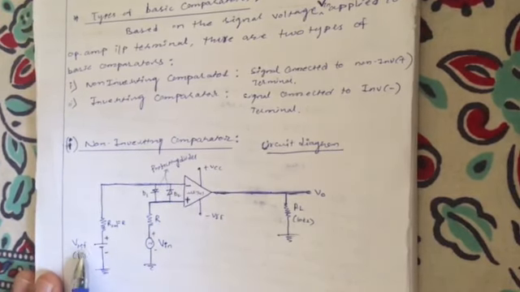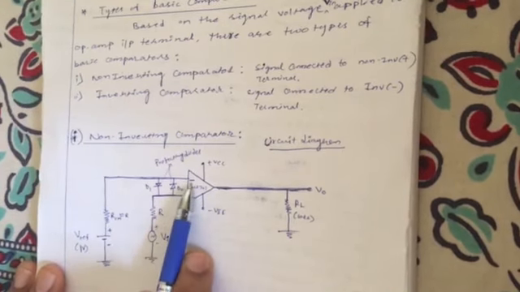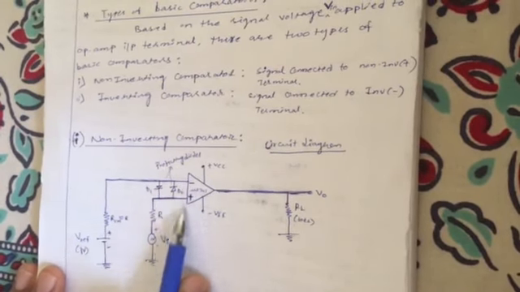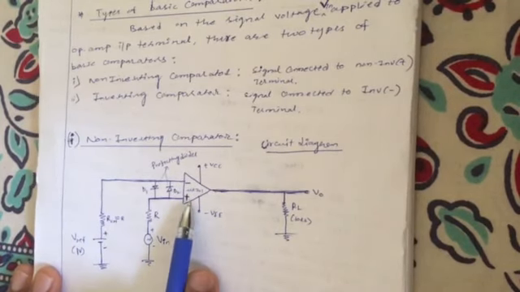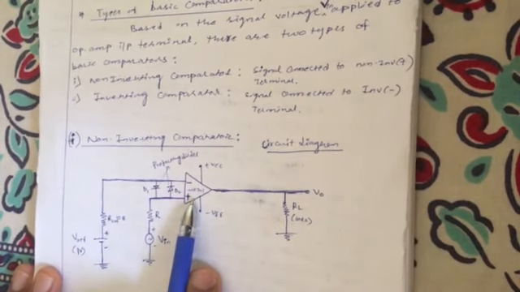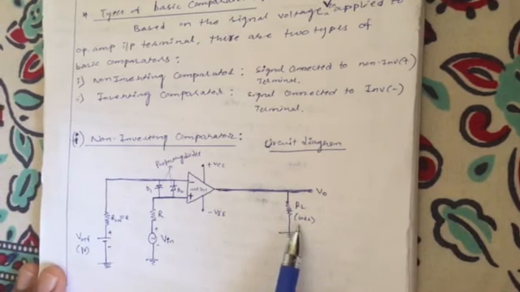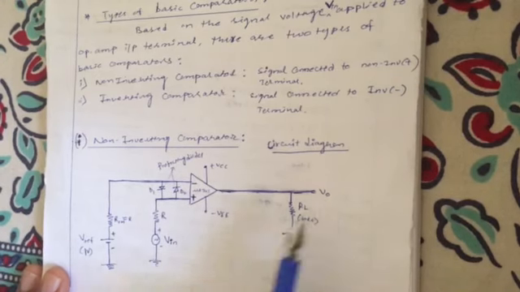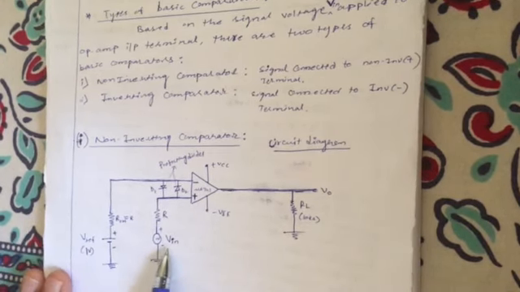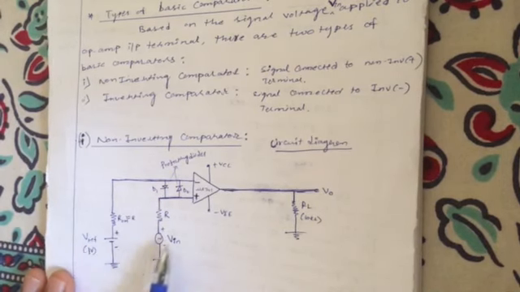In this case, this reference voltage of about 1 volt is connected to the negative terminal, that is the inverting terminal, of the op-amp. Plus VCC and minus VEE are the two voltages provided to the operational amplifier for its working. And this is the load resistance RL. I have taken about 10 kilo ohm, and this is the output terminal called Vo. So students, the input voltage to be compared with the Vreference voltage is connected like this.